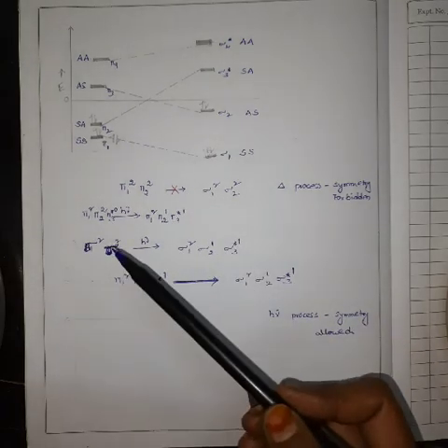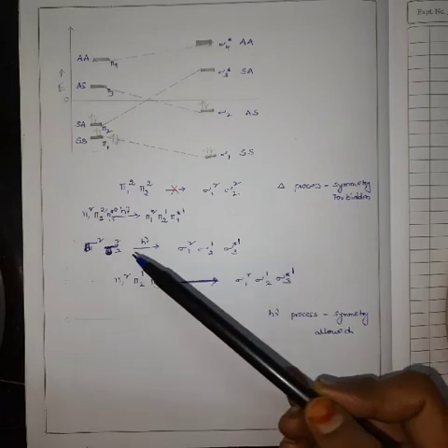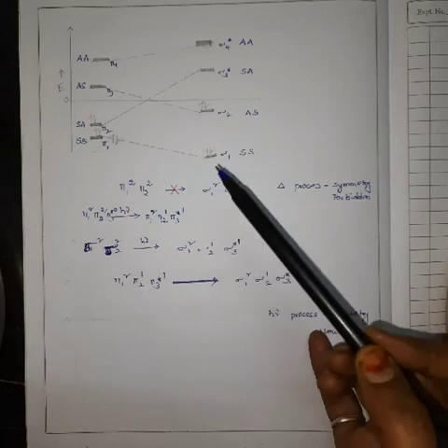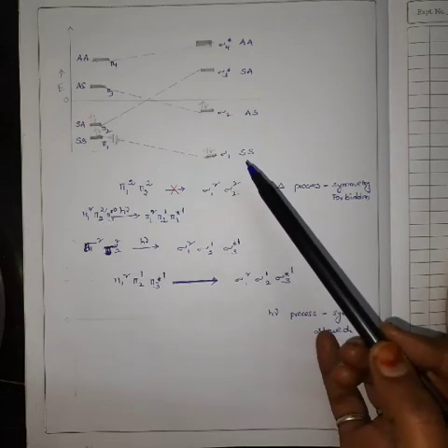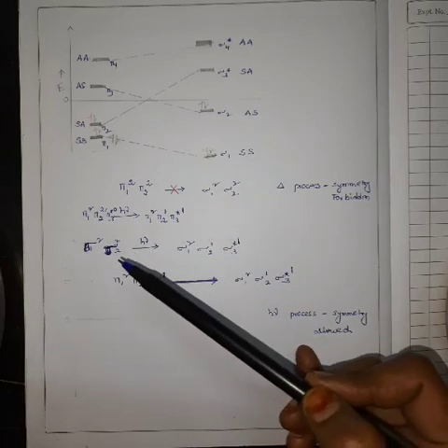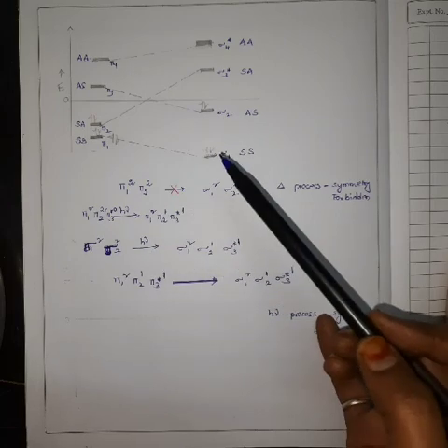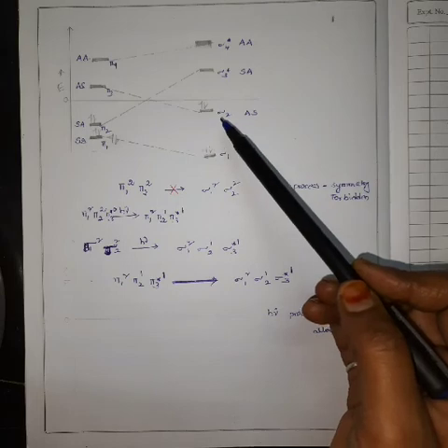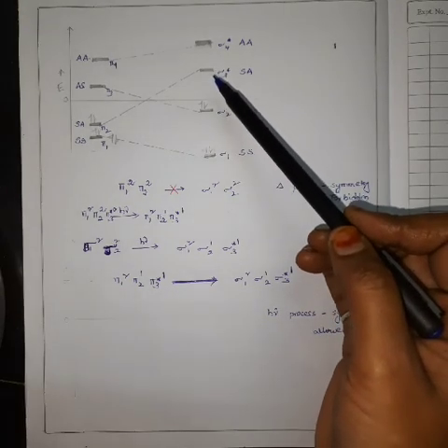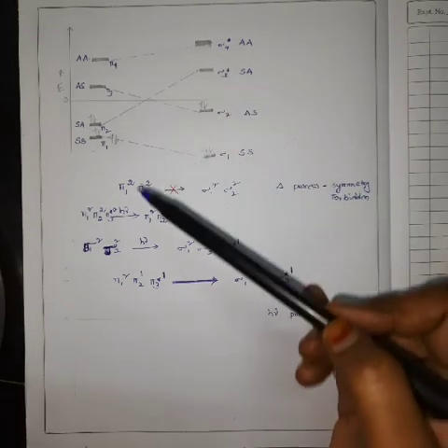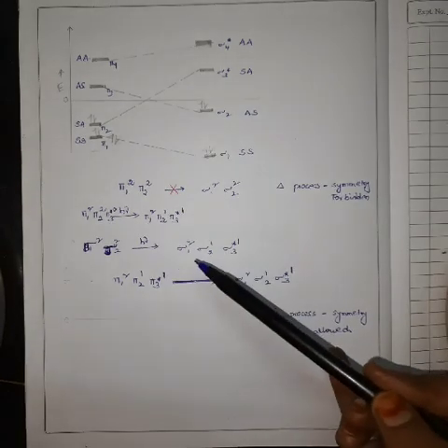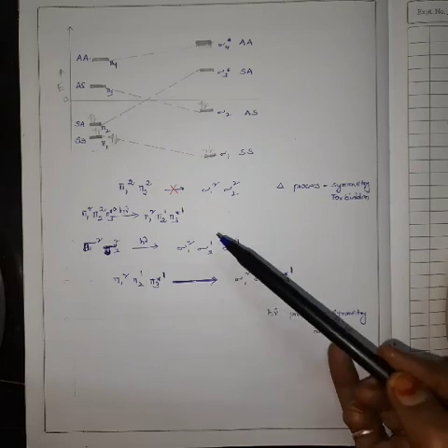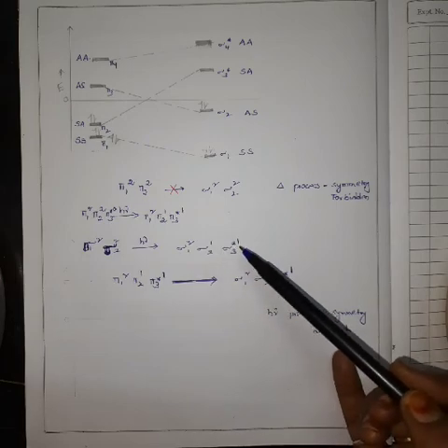Similarly, sigma 1 2 and sigma 2 2 is the electron configuration of product molecular orbitals, which on irradiation with light, an electron from the ground state sigma 2 orbital is excited to the first excited sigma 3 star orbital. So then the electron configuration changes to sigma 1 2, sigma 2 1, sigma 3 star 1.